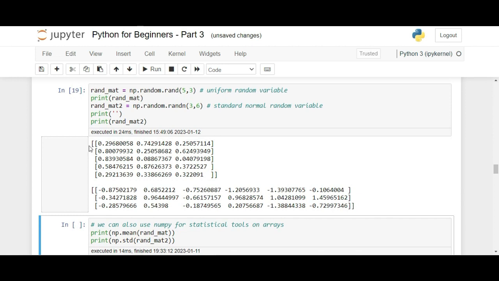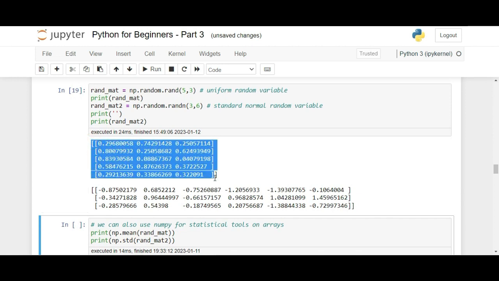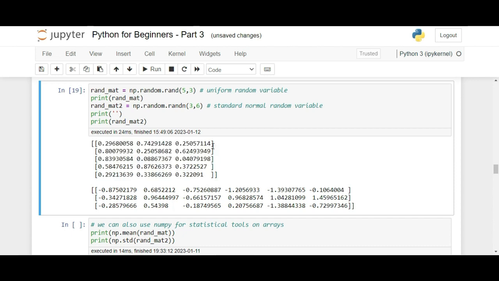Once I do that, I can see the rand matrix, the uniform random variable, and I can see the size is a total of 5 rows and 3 columns. Basically the 3 is the number of entries in each of the lists, and I have a total of 5 such lists. Next, the standard normal random variable has 6 elements in each of the lists. So I have 3 such lists with 6 elements in each. And this is how you can create a random variable